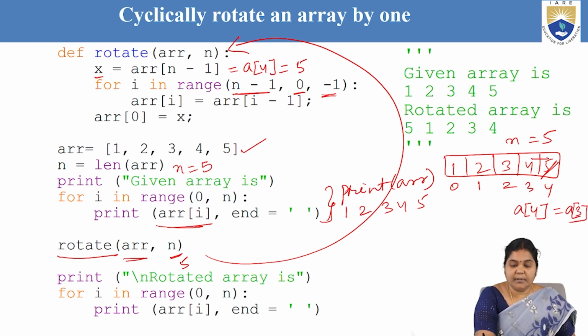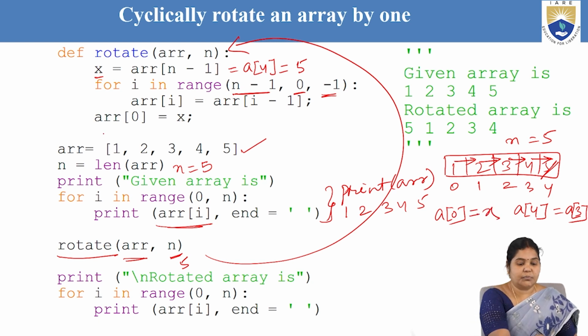So, 4 will be shifted here, then 3 will be shifted here, 2 will be shifted here, 1 will be shifted here. So, finally what will happen? The a of 0 place will be vacant. It is empty because all the elements are shifted. So, to this place, we have to shift x. You can see that once the shifting is